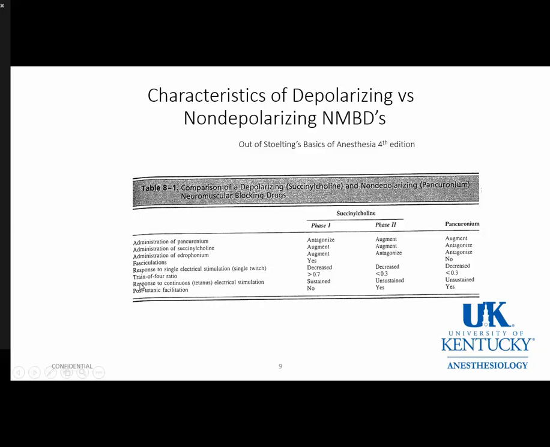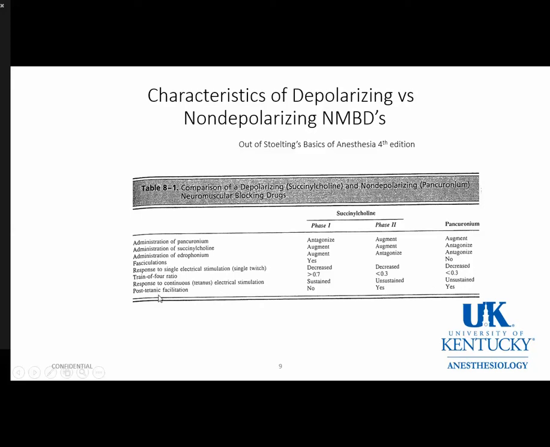We talk about fade, so that when you give a sustained stimulus using your nerve stimulator causing tetanus, that can either remain sustained, like in a phase 1 block, in other words, there's no fade, or unsustained, in other words, there is fade. There's an initial sharp twitch with the tetanus, and then you watch, in the case of, say, thumb adduction, you watch it start to relax over the next couple of seconds during your tetany contraction. And you'll see that both with phase 2 and non-depolarizing neuromuscular blockade,